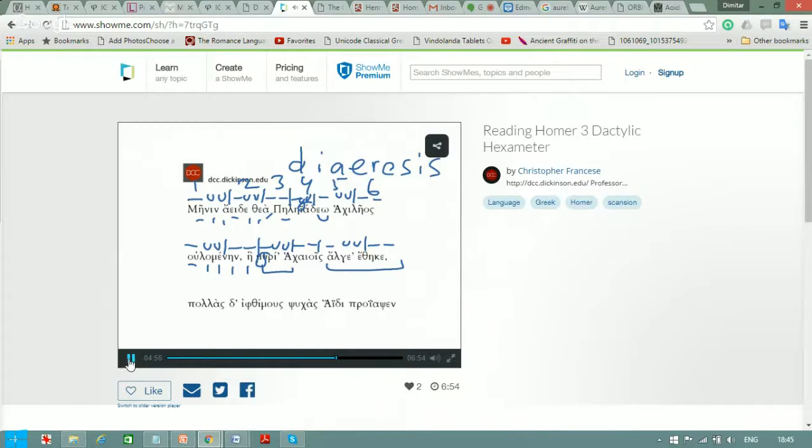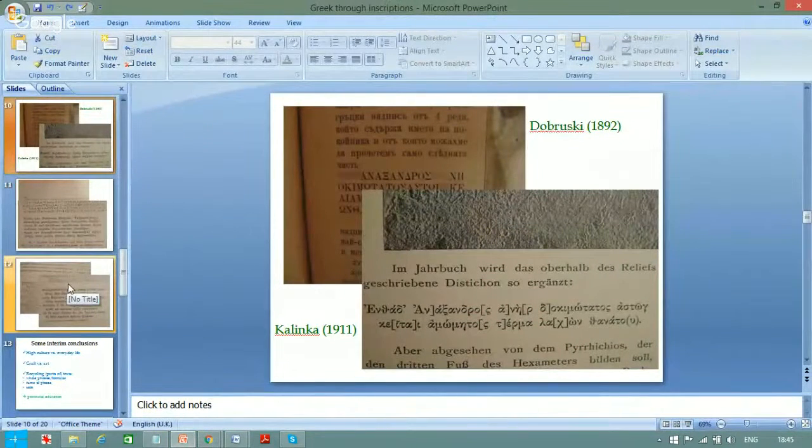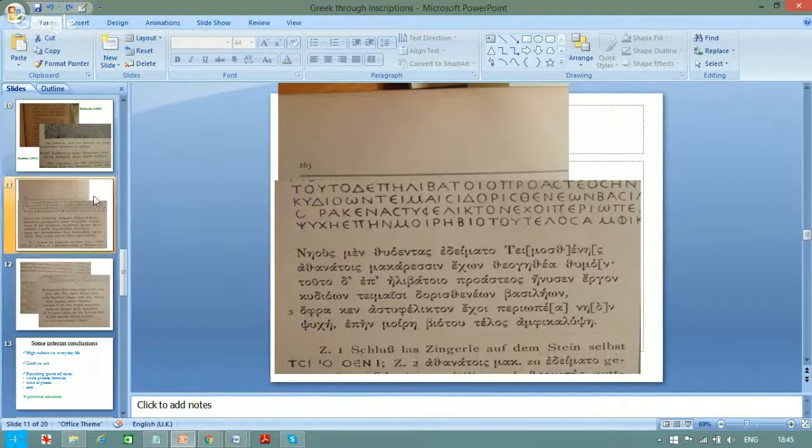So you have the picture, you have the notes explaining what it is, and you have the sound which reads it. Not to mention all the exercises we make in class in order for them to become, if not fluent, at least good enough in recognizing it. And from then on, we have proceeded to more complex